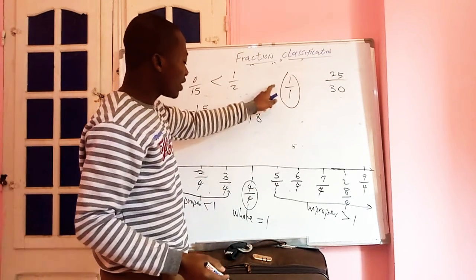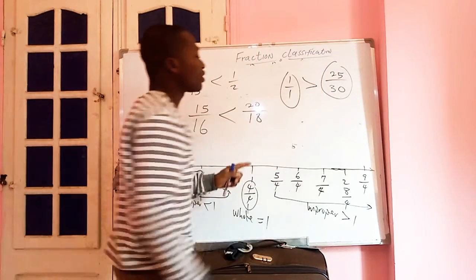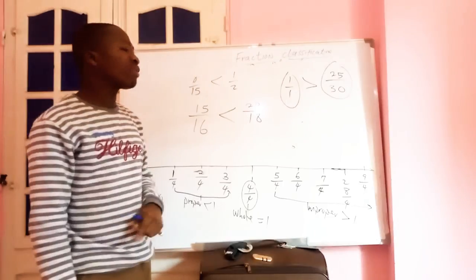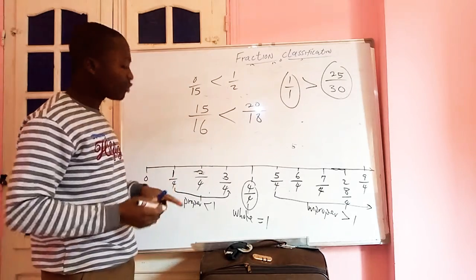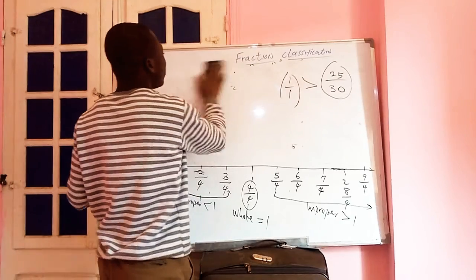That means 1/1 is a whole, equal to 1. And 25/30 is a proper fraction, so definitely this is greater. 1/1 is greater than 25/30. This is how we compare fractions using the classification of fractions. Then we move on to